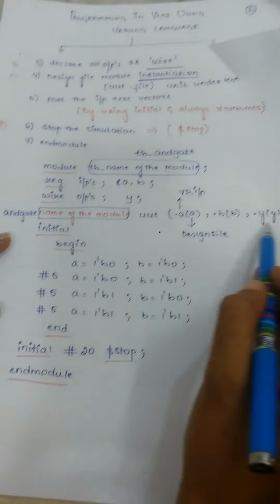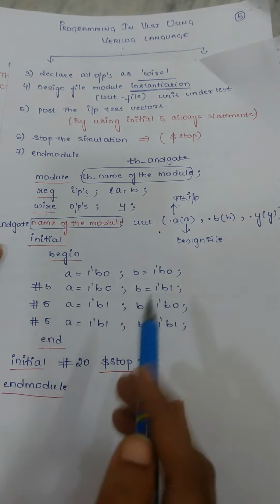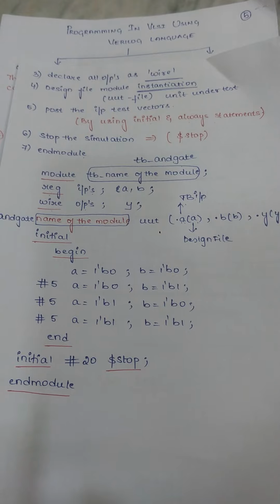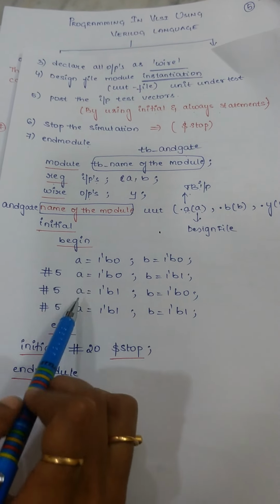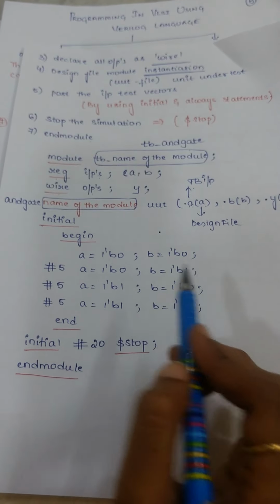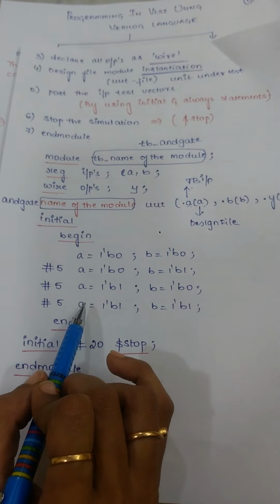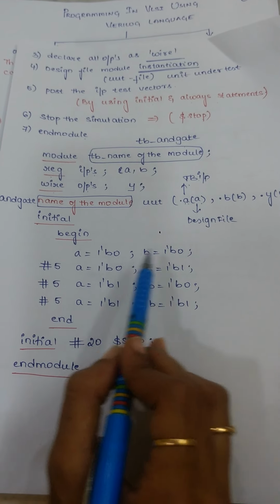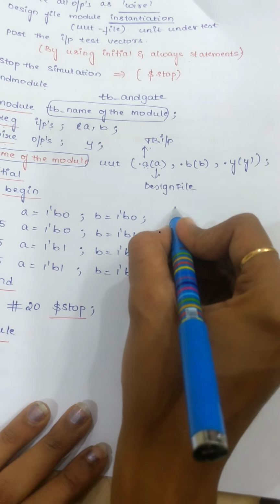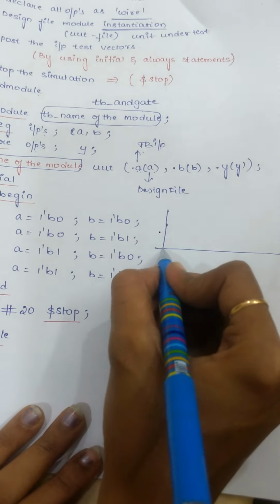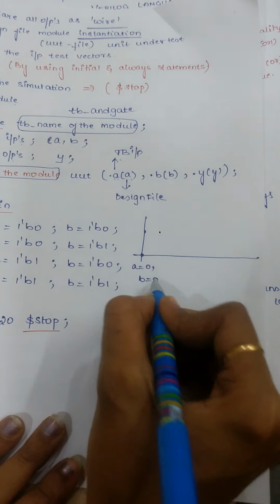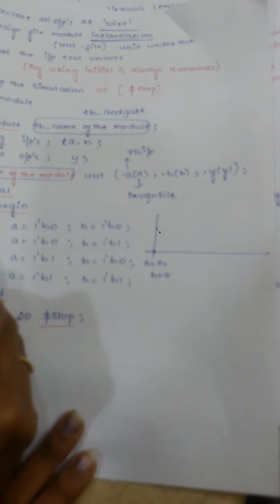Once this instantiation is completed, now you have to force all your input vectors. Initial means all lines are executed only a single time. In that, multiple statements are there, so I will write begin and end. According to my truth table, I will write all these cases. The first condition is 0 0. Now this starts at the origin. Suppose this is my waveform. At the origin, my A is equal to 0 and B is equal to 0. Now this is your delay,